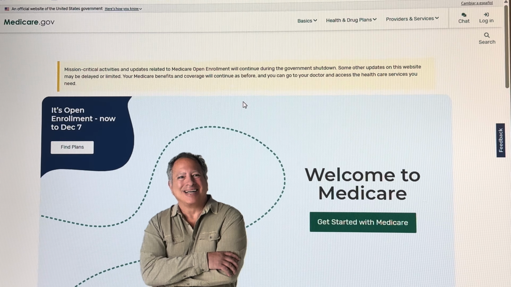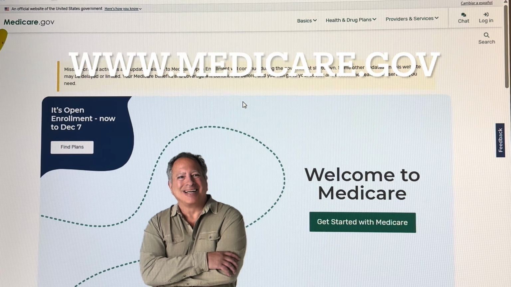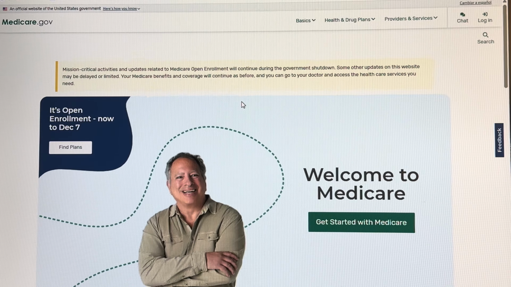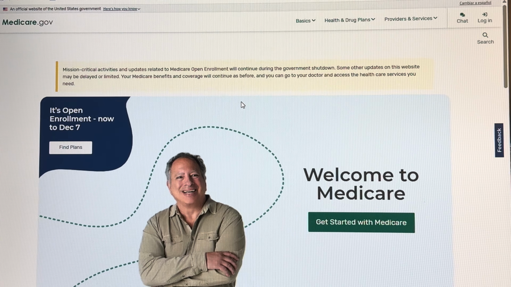So we're on the government's website. It's www.medicare.gov. It's the government's official website. This is the best place to go to find this information. I'm going to walk you through how to find a drug plan to make sure yours is the best value